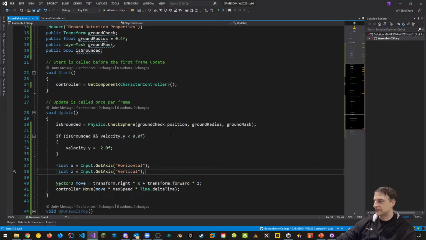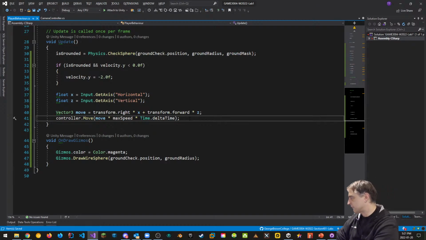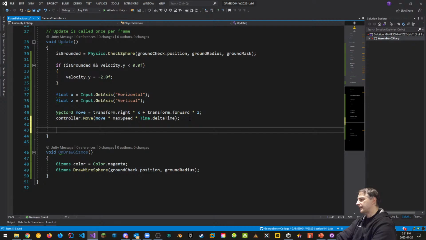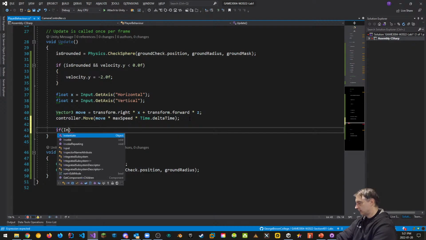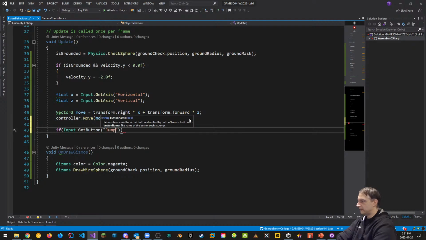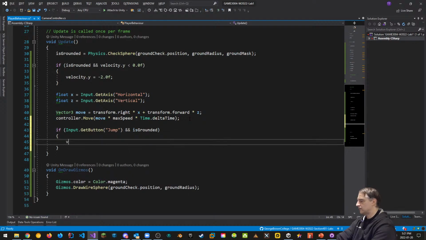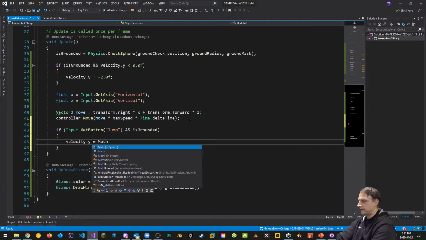Next. We've done movement across the XZ plane where we're not falling. Let's add gravity. Because remember, we're controlling our own gravity for this thing. So what about first if we're jumping? If Input.GetButton, the jump button, is pressed and my isGrounded is true, then we want to jump, right? So I'm going to say that velocity on the y-axis is equal to a Mathf